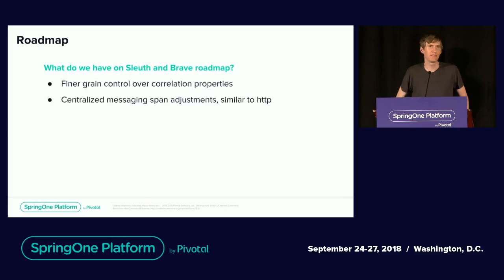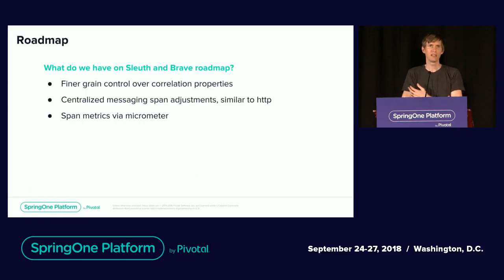But we will probably have in the near term a messaging span adapter similar to what we have for HTTP, which means that it doesn't matter if you're using Kafka directly or RabbitMQ directly or JDBC, the data will look the same if you're crossing certain boundaries, and